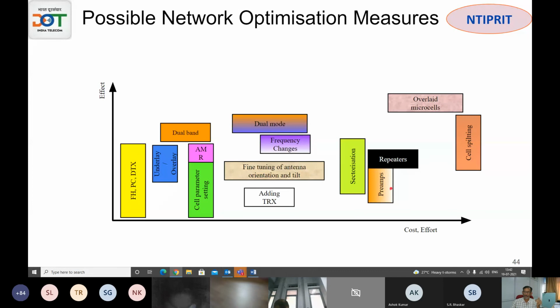So again, it will add to the capex. Then micro cells, then cell splitting. If nothing is happening, then you add one more base station. So in terms of this axis, in terms of cost and effort, the last choice is the most capex sensitive, which is cell adding. The least is the parametric optimization that you can do. So from this end to this end, a lot of money is involved, and the effect is also, of course, adding this micro cell and all the different effects that will be there.